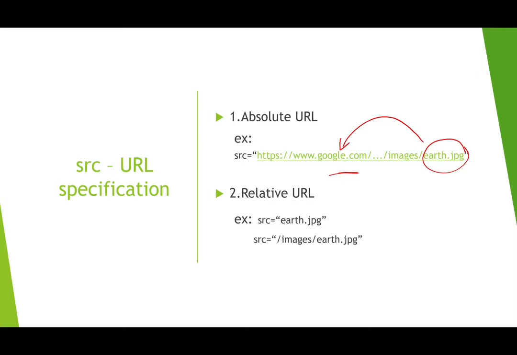The next one is relative URL. This URL links to an image that is hosted within the website. These are examples of relative URLs. Here the URL does not include any domain name. If the URL begins without a slash, then it will be relative to the current page. If the URL begins with a slash, then it will be relative to the domain. It is always best to use relative URLs so that they will not break if you change domain.